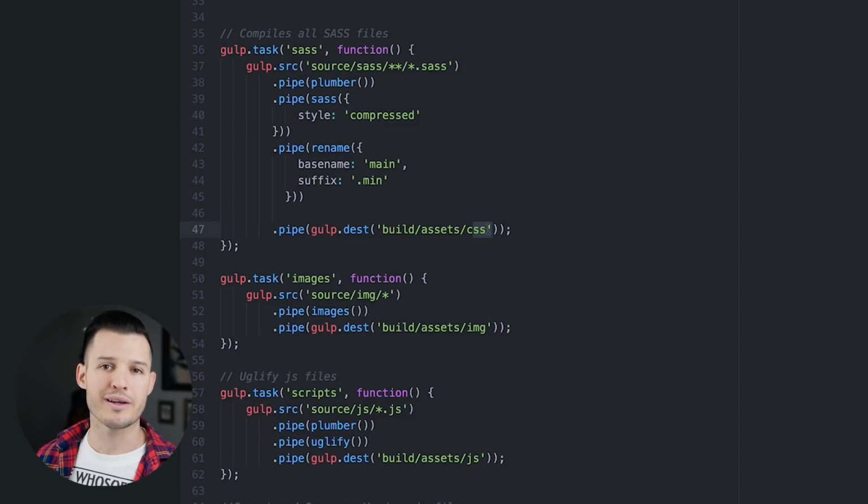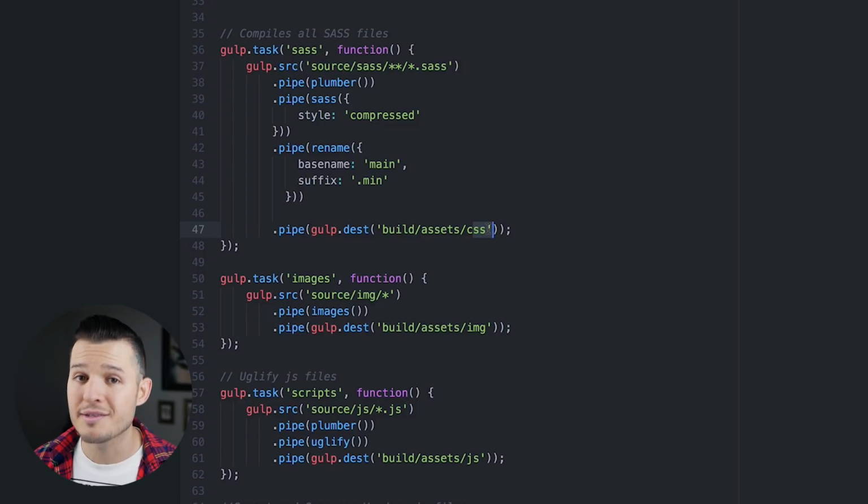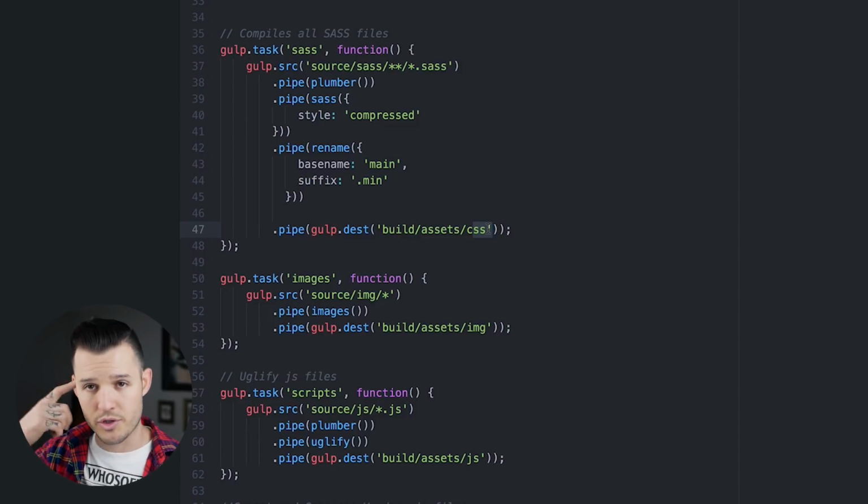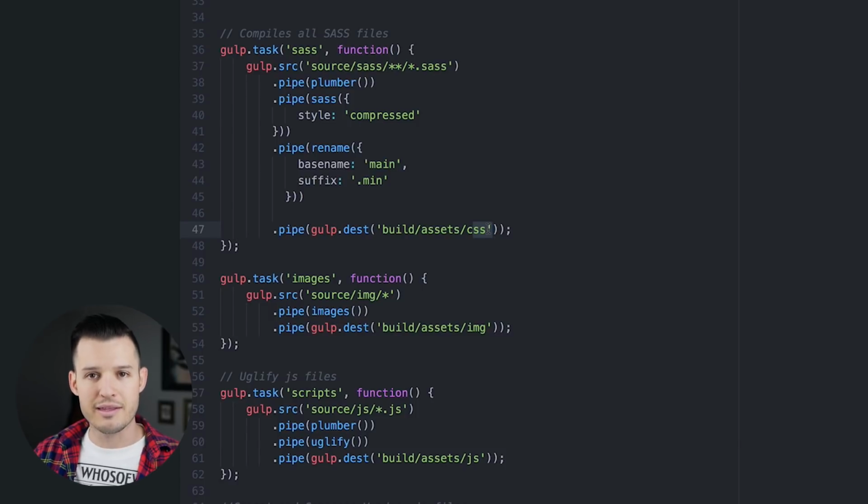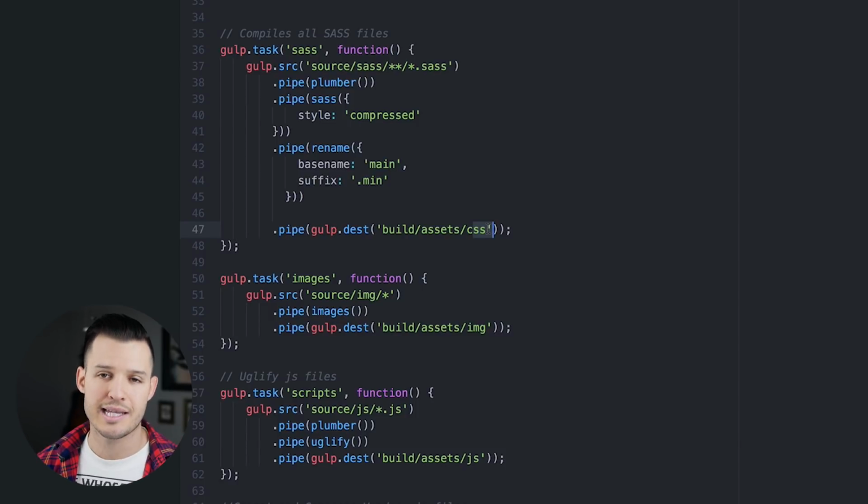This is how Gulp works. This is why Gulp is so awesome and easy, because it's really logical. It says, I want you to do this, then that, then that, then that, and then I want you to be done. And that's the task. Now, what does this do for us? What does this mean? Are we able to do anything with this?